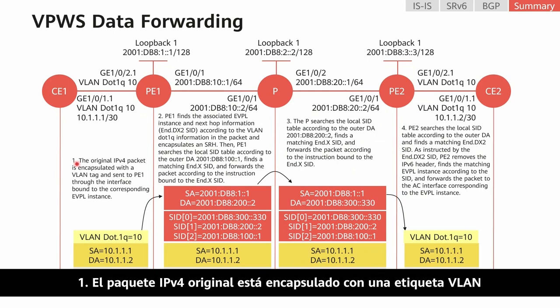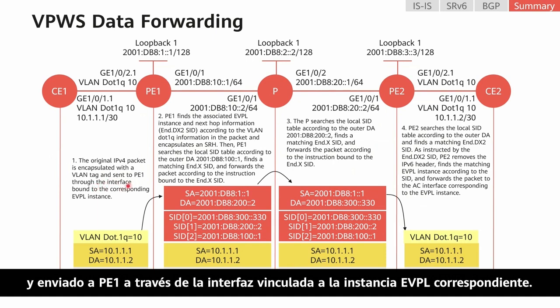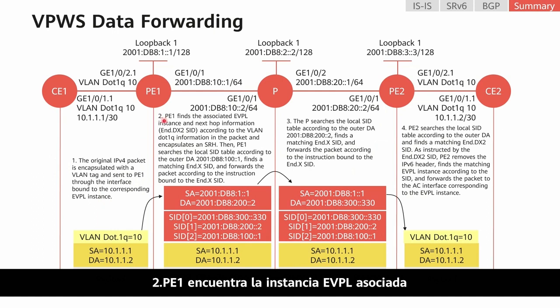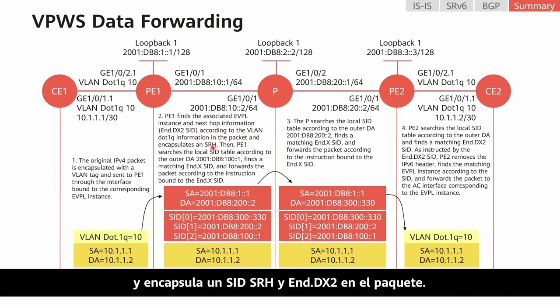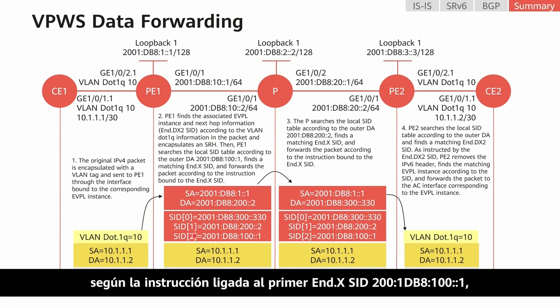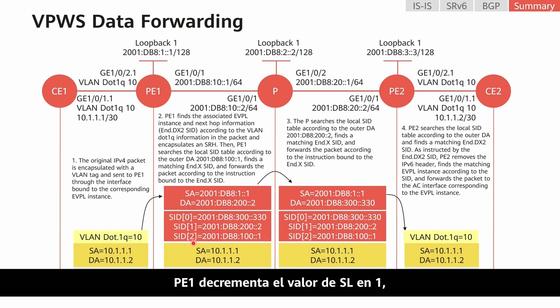First, the original IPv4 packet is encapsulated with a VLAN tag and sent to P1 through the interface bound to the corresponding EVPL instance. Second, P1 finds the associated EVPL instance and next hop information according to the VLAN 802.1Q information in the packet, and encapsulates an SRH and End.DX2 SID into the packet. In the forwarding phase, according to the instruction bound to the first End.X SID, P1 decrements the SL value by 1, changes the destination address to this address,